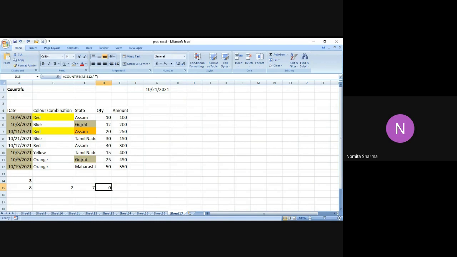You will see that 0 has become 1 now. So this particular command of COUNTIFS, bracket, the range, comma, and double quote without a space is going to count the number of blank cells in a particular range. So the moment I delete one cell and make it blank, it has given me 1 as the answer. If I delete another cell, it will give me 2 as the answer.